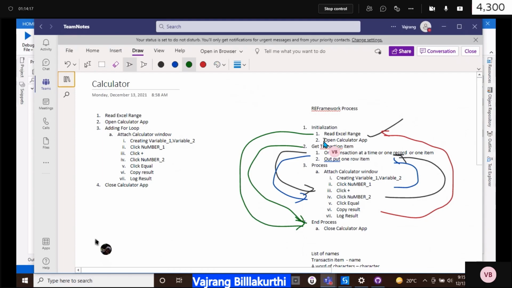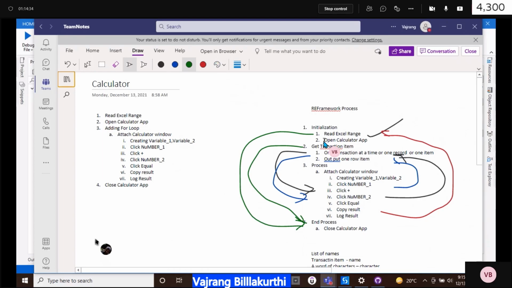When the application is not open, then you need to close the process, right? Should we end the process, closing the application or killing the process? We are doing that.